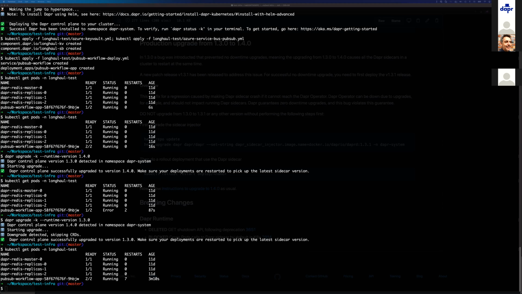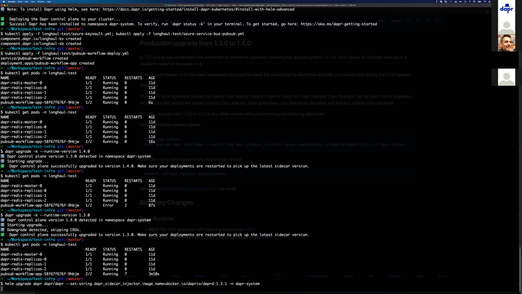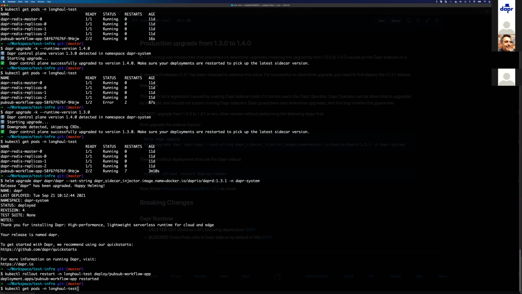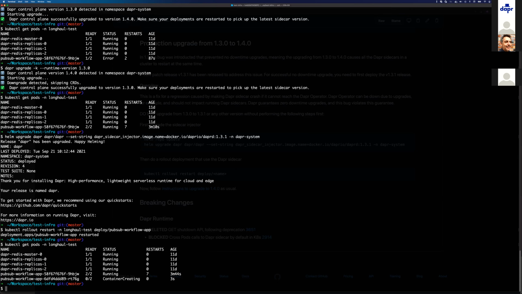And now what we can do is we can do our Helm upgrade. So essentially all this is doing is setting what string or what version for the sidecar to pull. And now we can do a restart of my application. The reason you do this is because it makes the application take the new runtime version. And this is different than taking downtime because yes, we are restarting the application, but you can see when you do the rollout restart, we actually have two applications come up, and you won't see